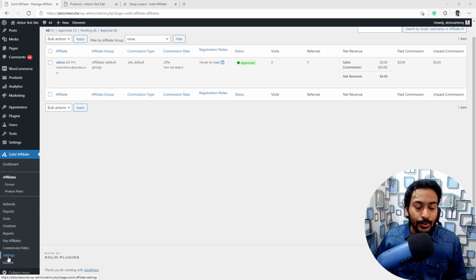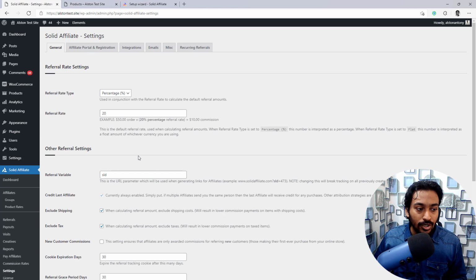In order to do that, go into the settings section of this particular product, and once you've gone into that, now you see something called referral rate. This is basically the simplest form, but they do provide a lot of customization when it comes to setting a variety of referral rates. But for basic default, you can set it up as a percentage or a flat payment I want to send whenever commission.